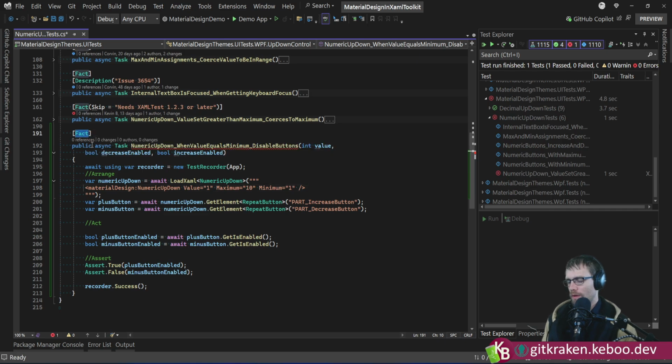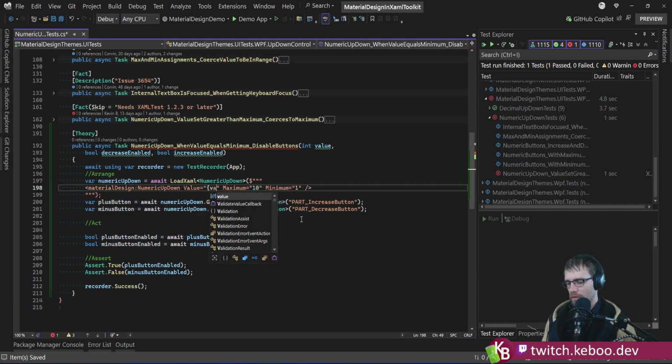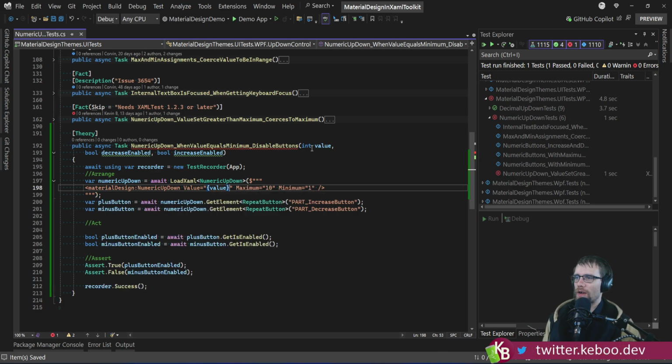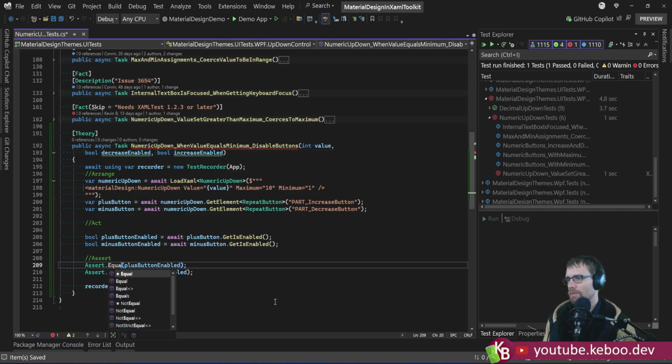But if you find a case like this where I want basically the same stuff with a few things being different, one of the ways to work around that is to data drive your test and make your expectation. Rather than conditions, because I could do, if value equals minimum, then set this accordingly. But if instead I just do direct values, I end up with no conditions, right? Assert equals